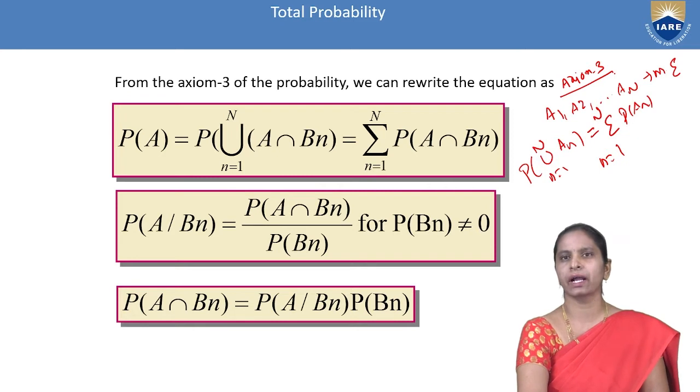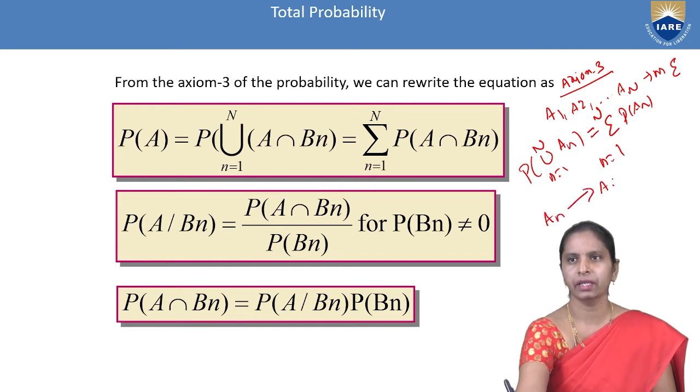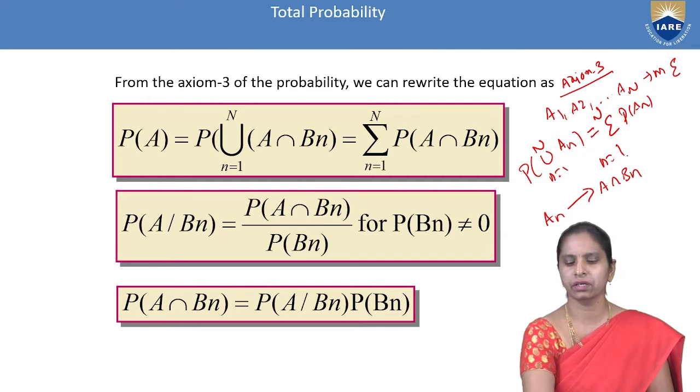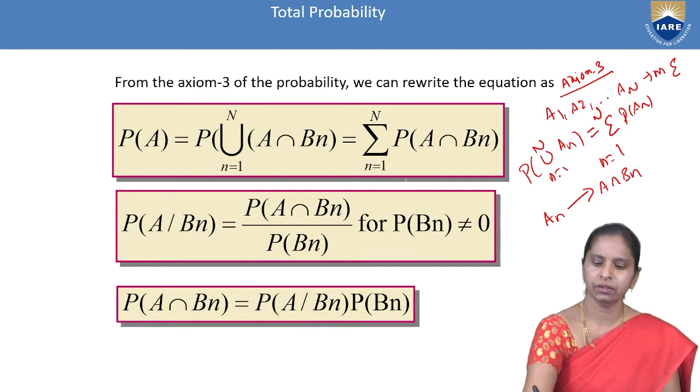So, by using this third axiom of the probability, I can write the probability of union of n equals 1 to n A intersection Bn. I can write this as, so in place of An, what I'm having here, I'm having A intersection Bn. Then how can I write here? P of union of n equals 1 to n A intersection Bn is equal to sigma n equals 1 to n P of, in place of An, what I'm having here? A intersection Bn. So, replace that by using third axiom of the probability. After that, you have seen the